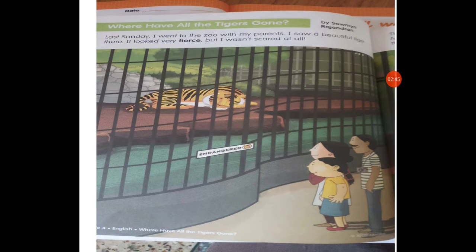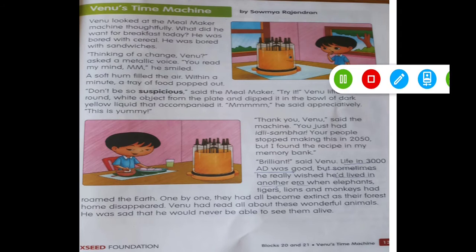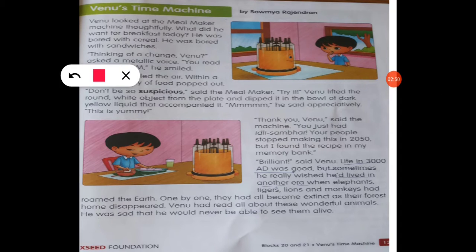देखो स्टोरी में क्या बोला है, स्टोरी में बोला है ना कि जो एनिमल्स हैं वो एक्सटिंक्ट हो गए हैं. देखिए यहाँ पे एक्सटिंक्ट हो गए हैं, और जो अगर एनिमल्स एक्सटिंक्ट हो गए तो हम उनको सिर्फ पिक्चर्स में देख पाएंगे, बुक्स में देख पाएंगे. So this is a problem that can really happen in the future because some tigers are endangered. After some time they are extinct. So extinct animals in the future we can only see in the books. Okay, so I hope it is clear to you, students.